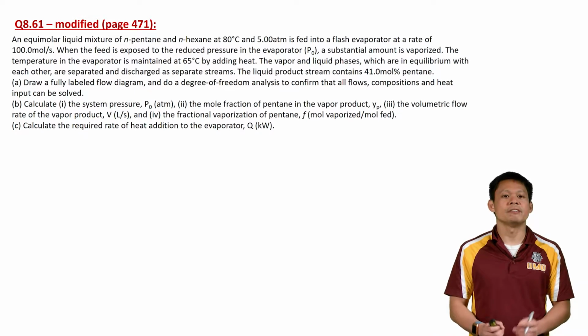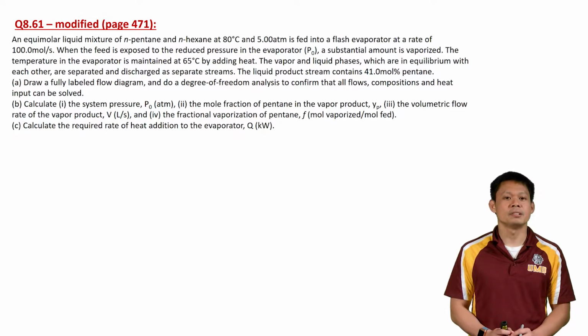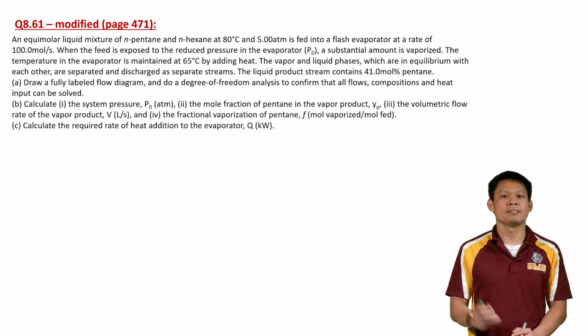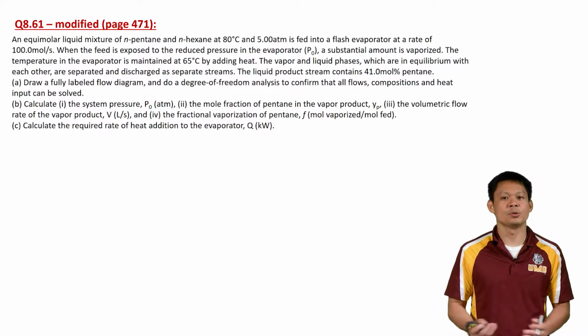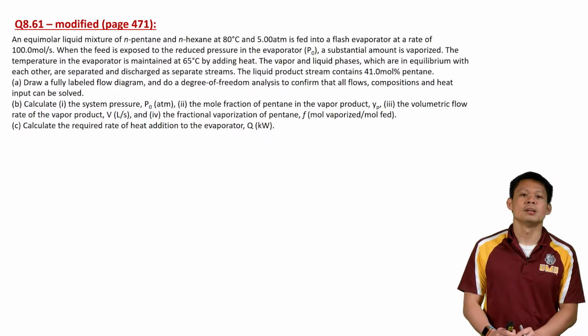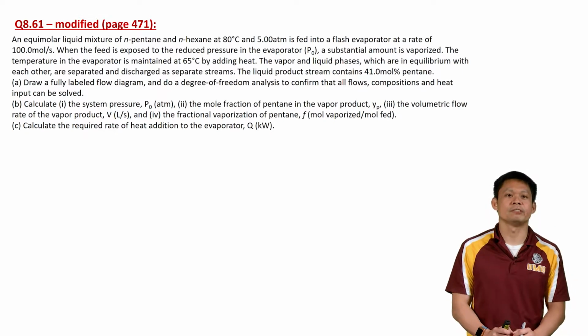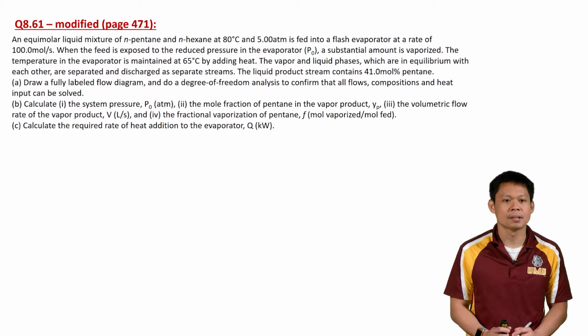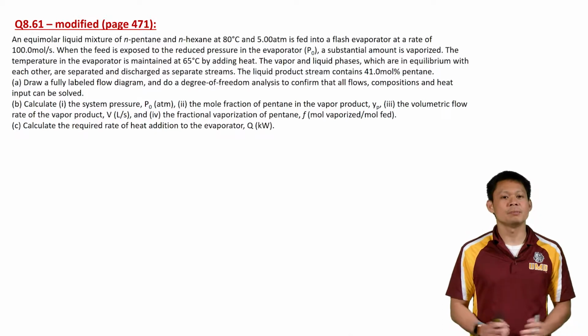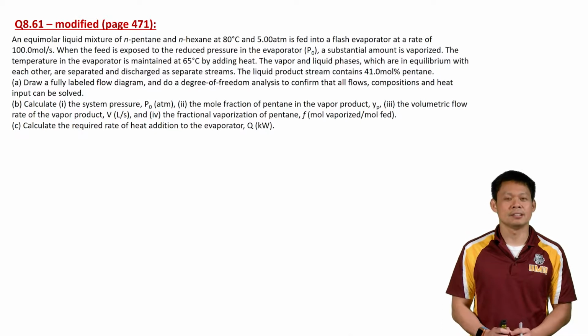The temperature in the evaporator is maintained at 65 degrees C by adding heat. And we have these vapor and liquid phases that are at equilibrium with each other, and we're going to discharge them as separate streams. We are also told the composition of our liquid product stream, which is 41 mole percent pentane. So part A is to draw a fully labeled diagram,